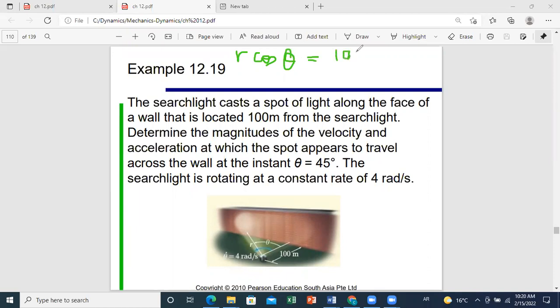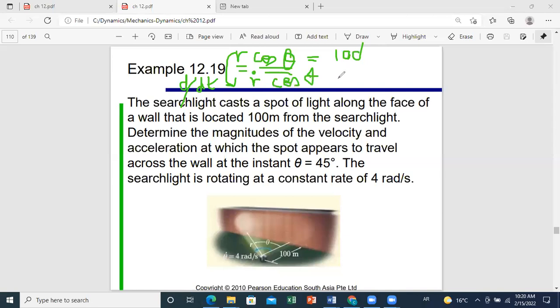Okay, so if you want to derive with respect to time, then we have the product of two functions, r and cosine theta. So we have first u times v, so we do u prime v plus v prime u. Derivative of r with respect to time is r dot. So r dot cosine theta